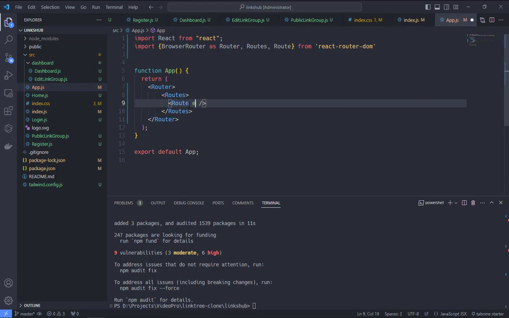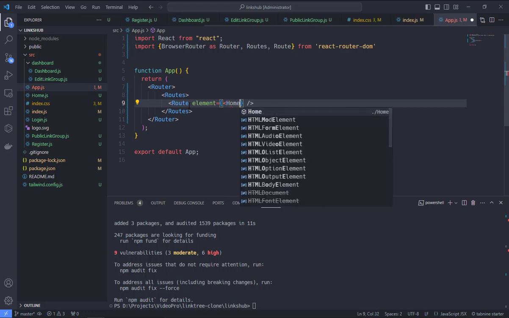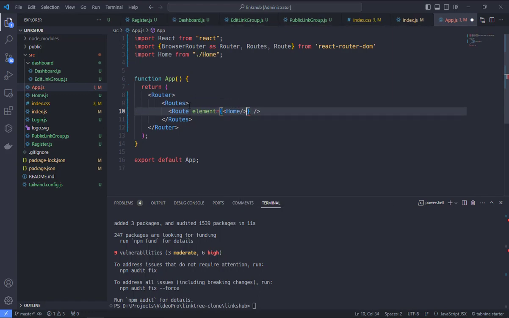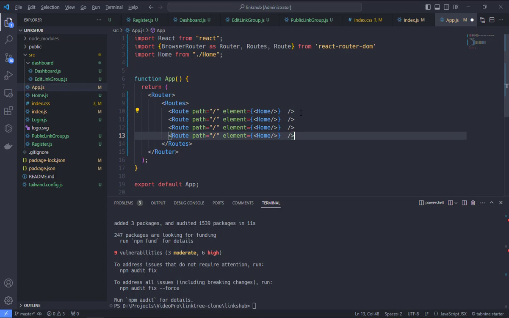Okay, so the element has to be, first one is home, so let's add home. It will automatically import that, and the path has to be this one. So let's copy this everything. So for login, for register,